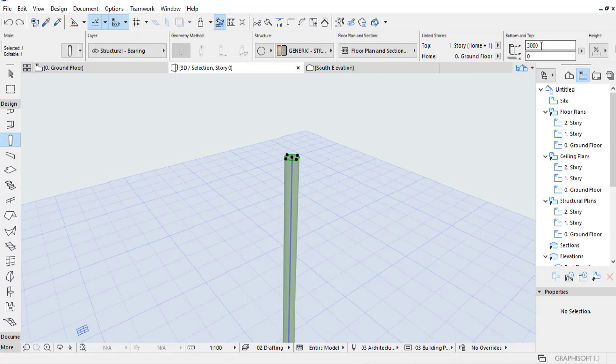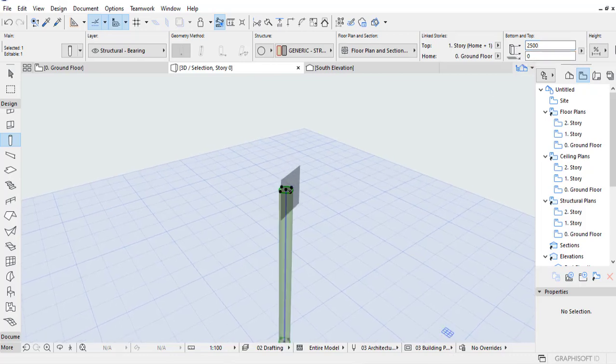If the beam is, let's say, 600 or 500, the column height in this case would be 2500, right? And then an additional 500 of beam would make it a total height of 3 meters,